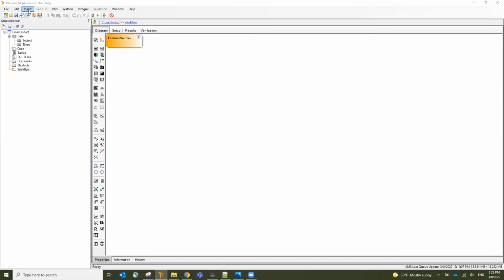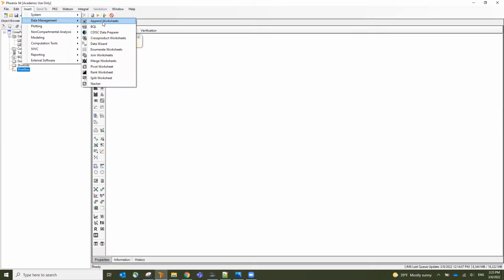Today's tip is about using the data tool Crossproduct in Phoenix. This is a data management tool and it's called Crossproduct Worksheets. This tool can save you a lot of time creating new data sets or even filling down a value within